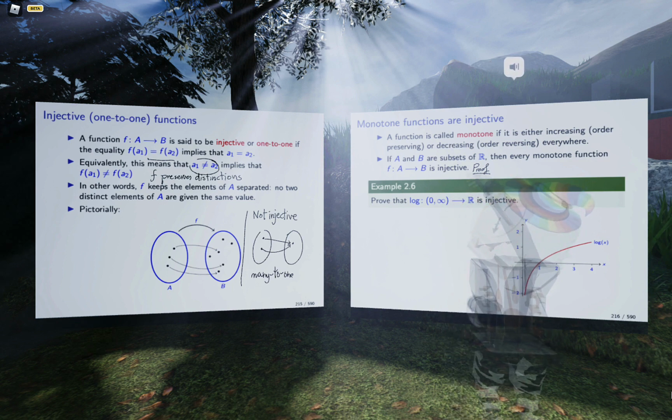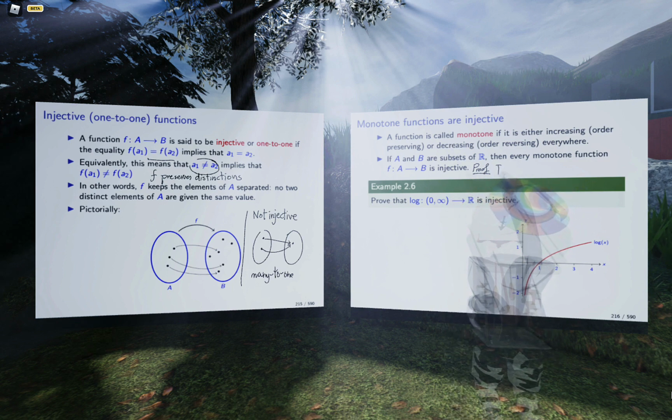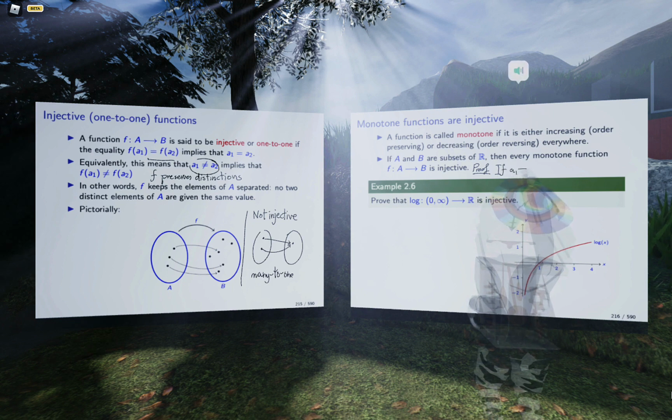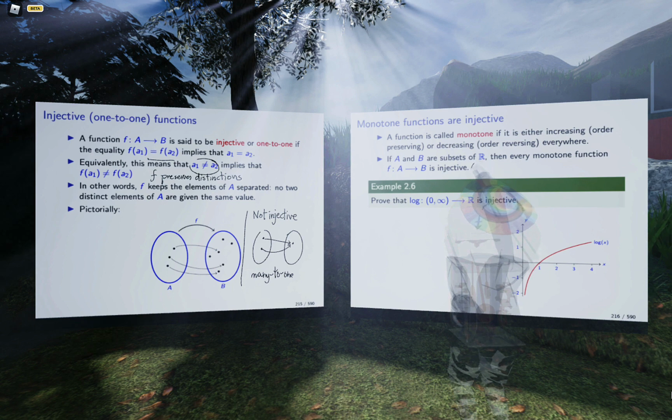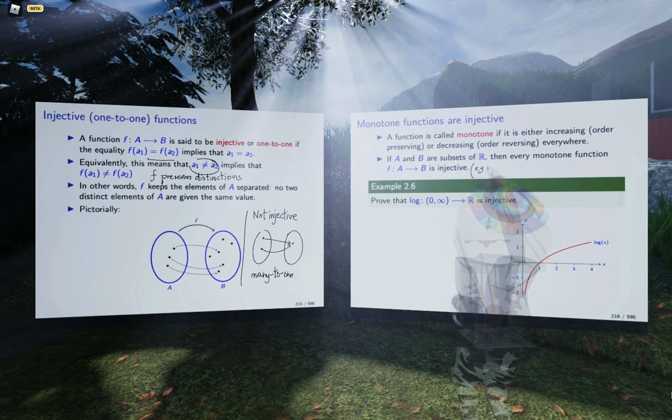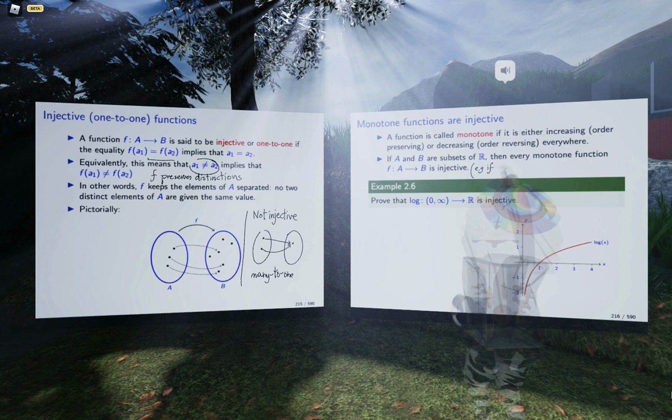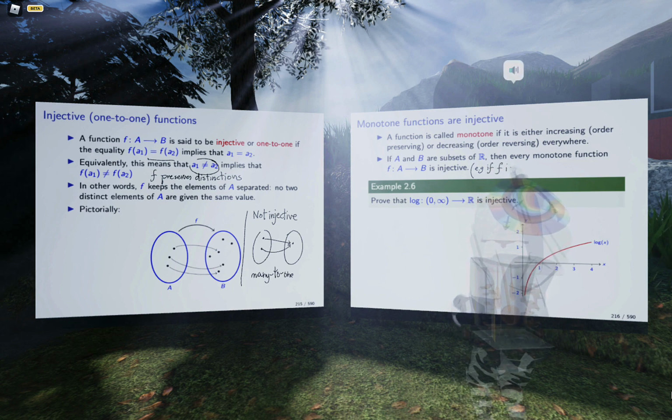Well, suppose it's monotone. And suppose you had two distinct, let me say, just in brackets, e.g. if f is increasing,